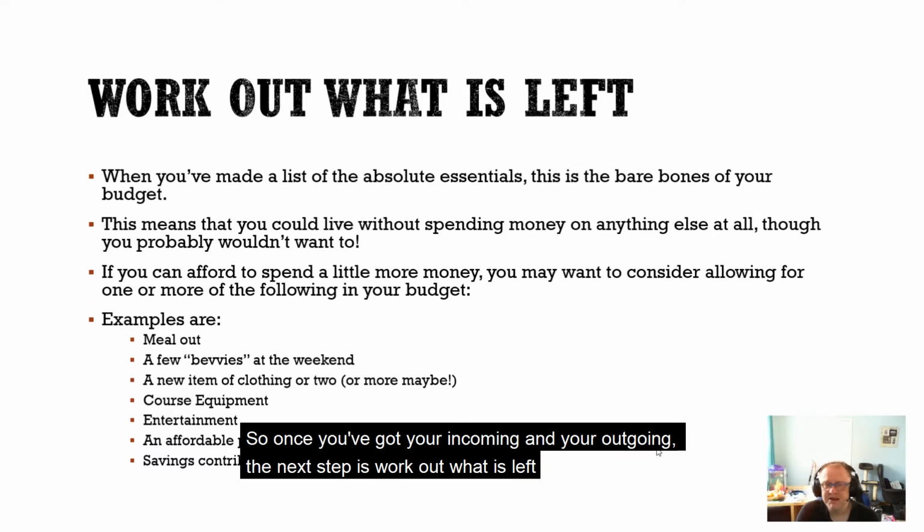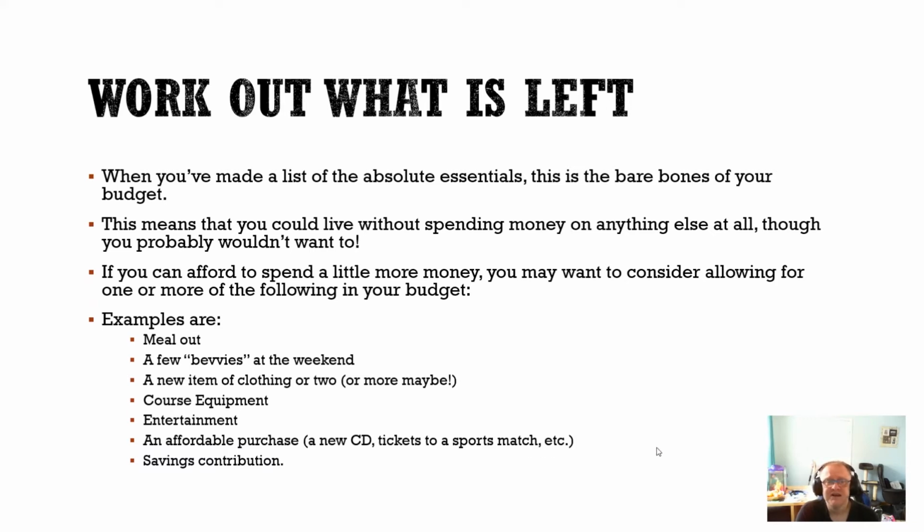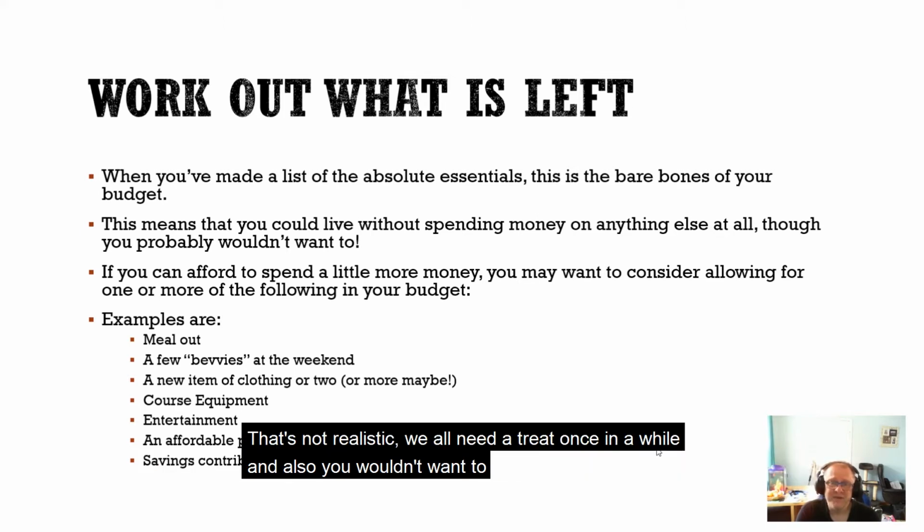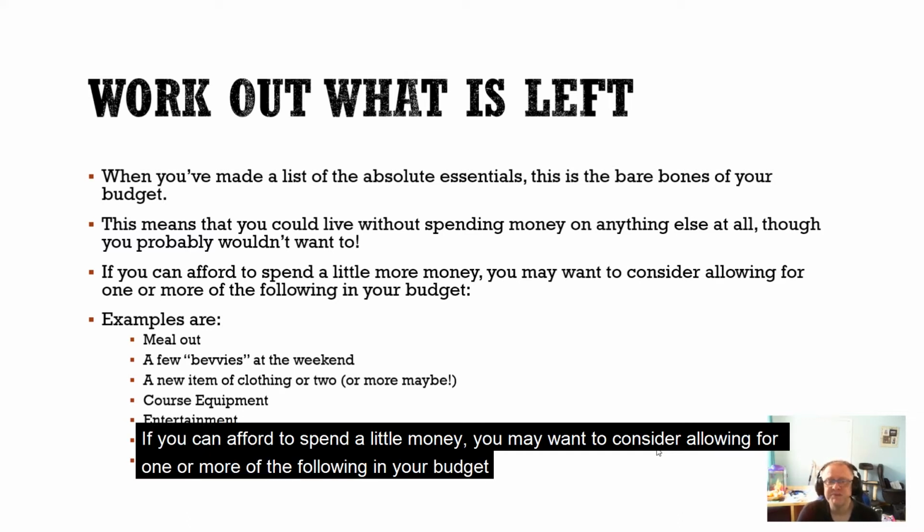So once you've got your incoming and your outgoing, the next step is to work out what is left. This probably means that you won't live without spending money or anything else at all. I mean, that's not realistic. We all need a treat once in a while, and also you wouldn't want to. If you can afford to spend a little money, you may want to consider allowing for one or more of